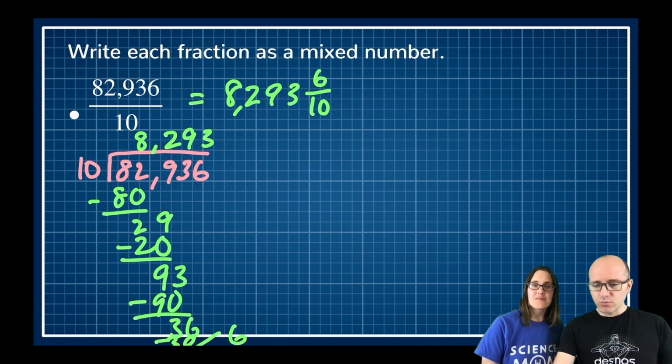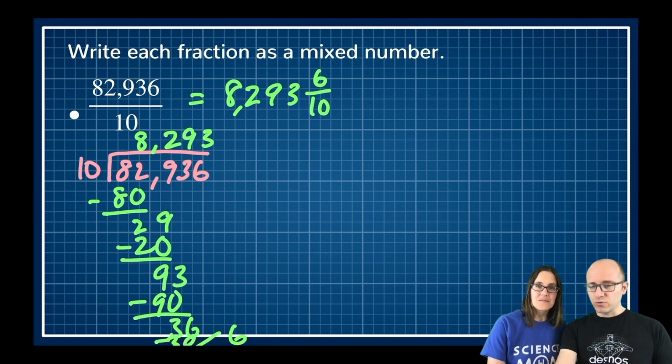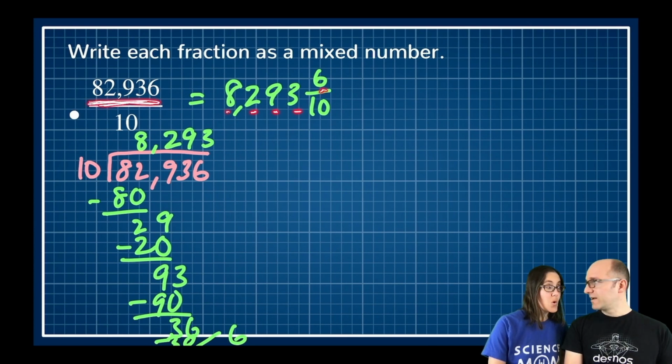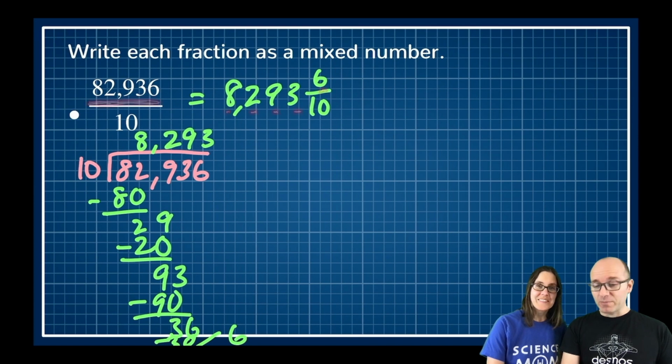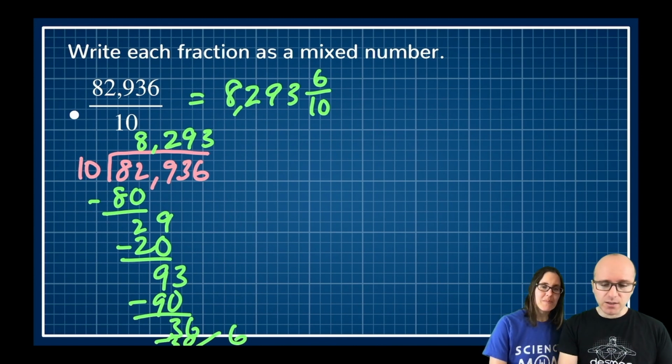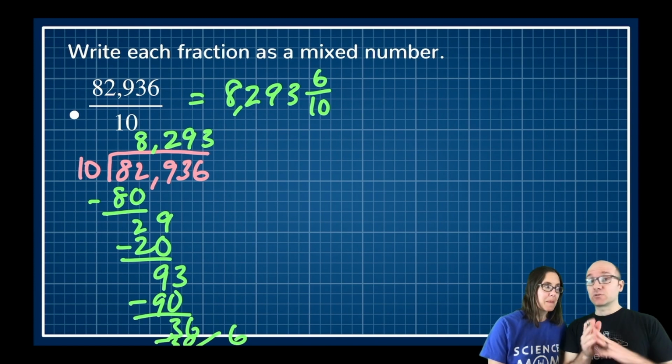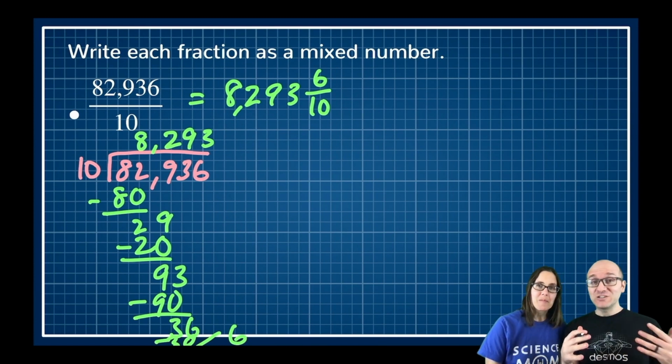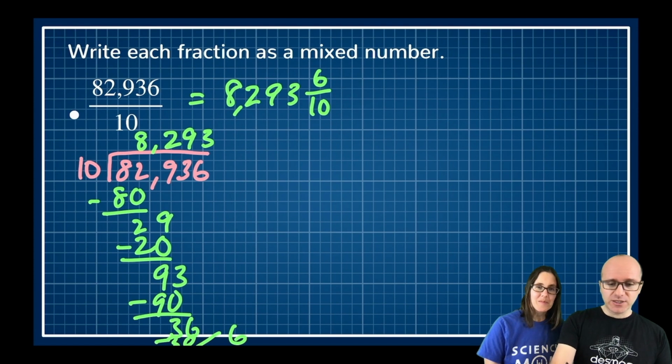And we need to simplify that, but before we do, I just want to point out 8, 2, 9, 3, and 6. Those are the same numbers there. That will happen every time when you divide by 10. You're really moving the digits over one place value. And when we get to decimals, it's a super powerful tool for visualizing just such calculations.